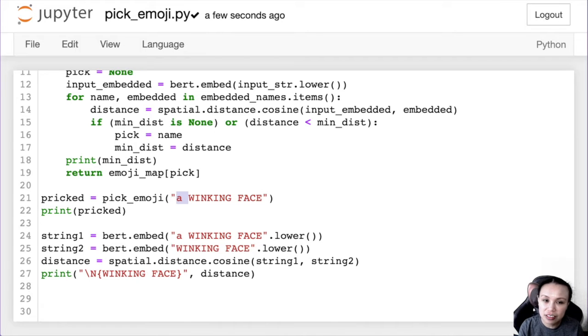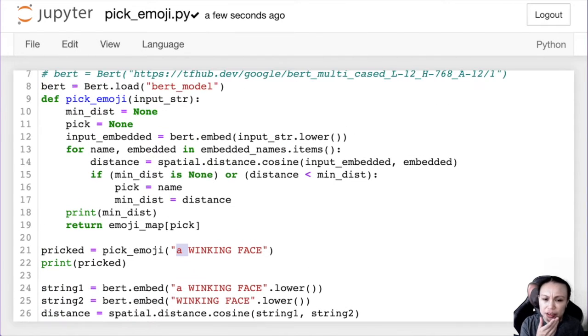I think my friend explained it: because these two emojis are so close, sometimes adding a word actually makes a difference, because there's a margin of error when you're doing this, right? You have a margin of error between the winking face and the other one, so it's not exactly the same.